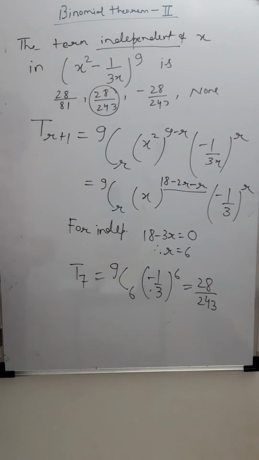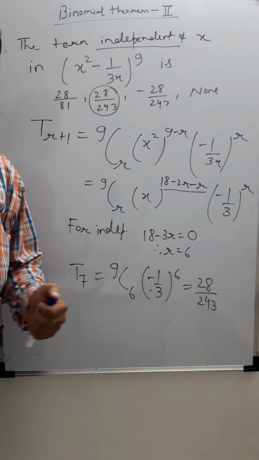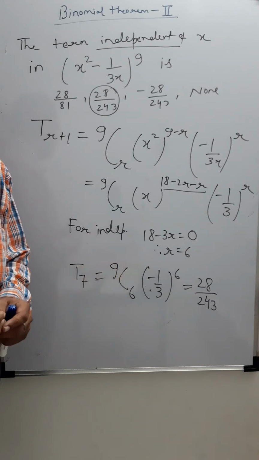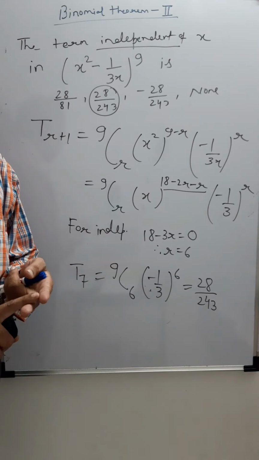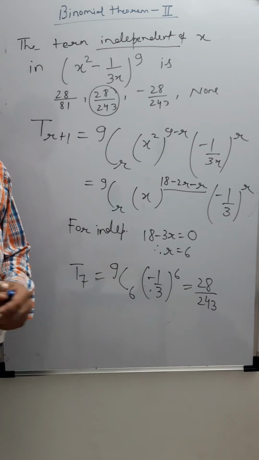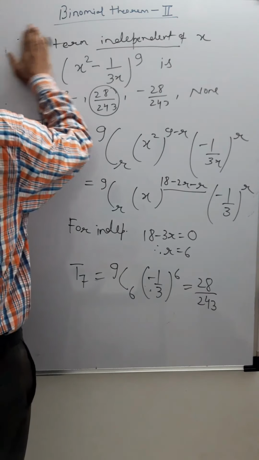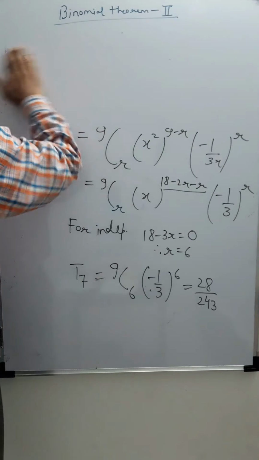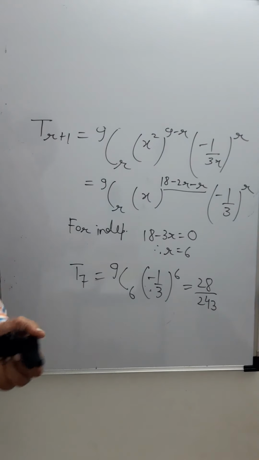Fine. So independent term, constant term, or free from x: I believe you can do it whenever these three terminologies are used. Now, see, in the independent term, sometimes what happens, the independent term value is given, then you have to find the missing something. Let's say we have a question,